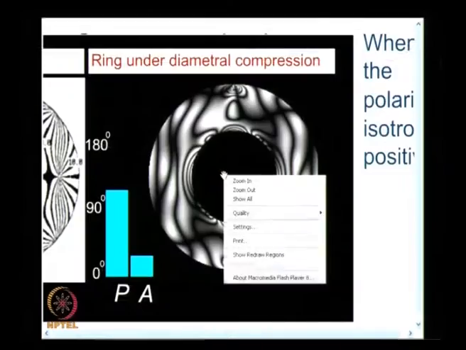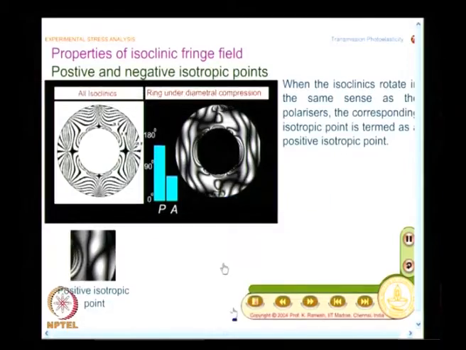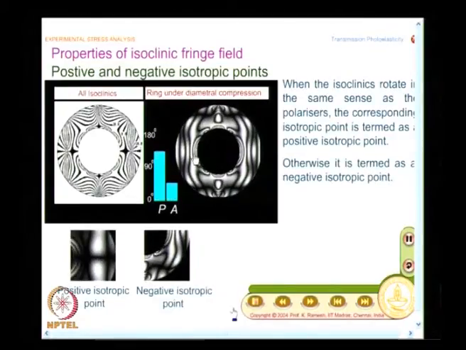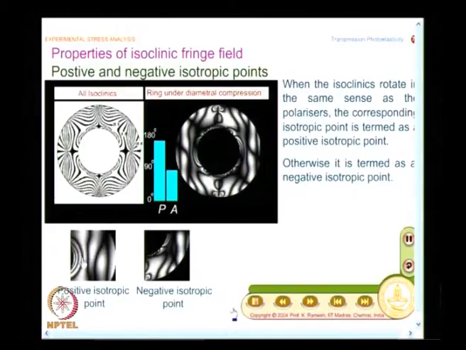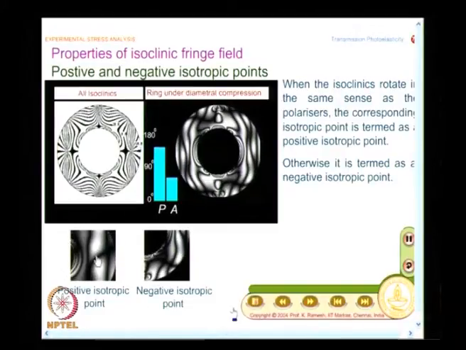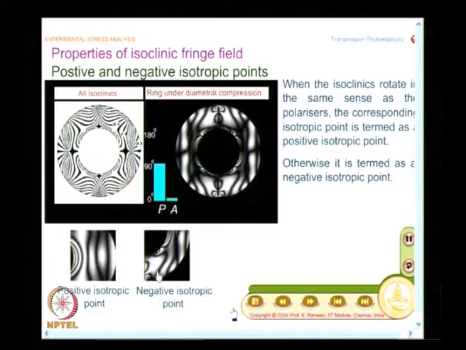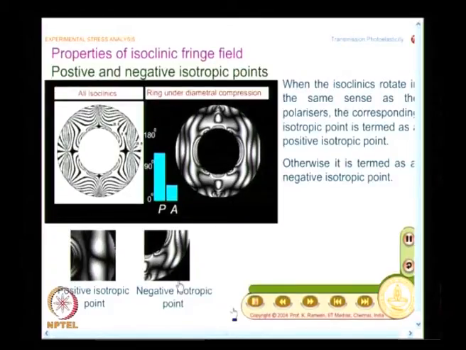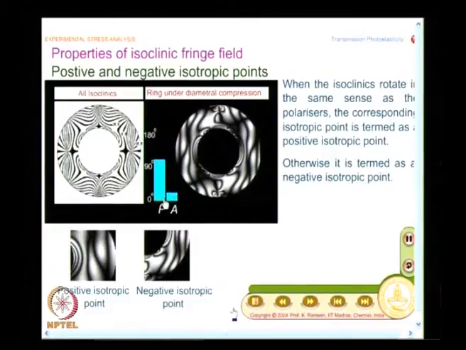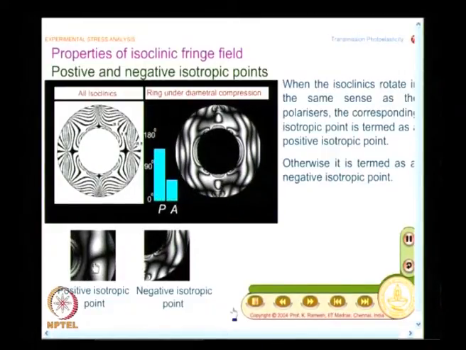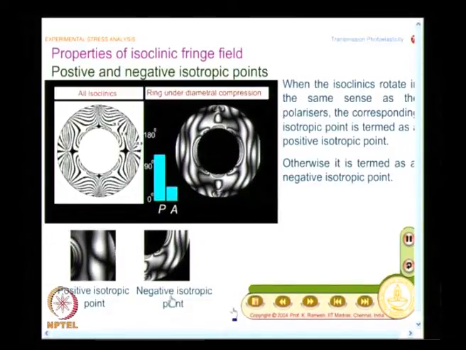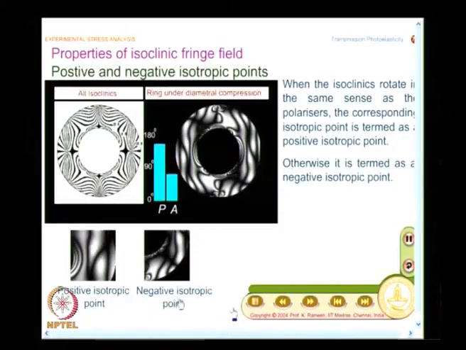And it is very interesting to know, it is better to know some of these aspects. So, I will always have these isotropic points in combination. We have seen what is the positive isotropic point, we also see what is the negative isotropic point. This is rotating anti-clockwise and this is rotating clockwise, and I rotate the polarizer analyzer combination in an anti-clockwise fashion. So, when that sense and this sense match, I call that a positive isotropic point, I call the other one a negative isotropic point.